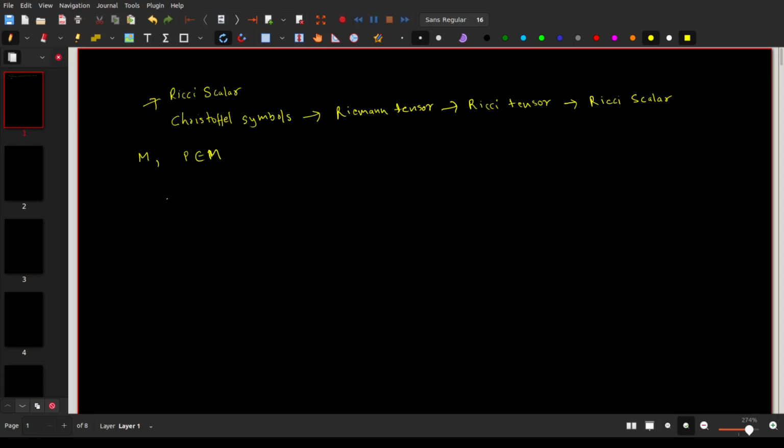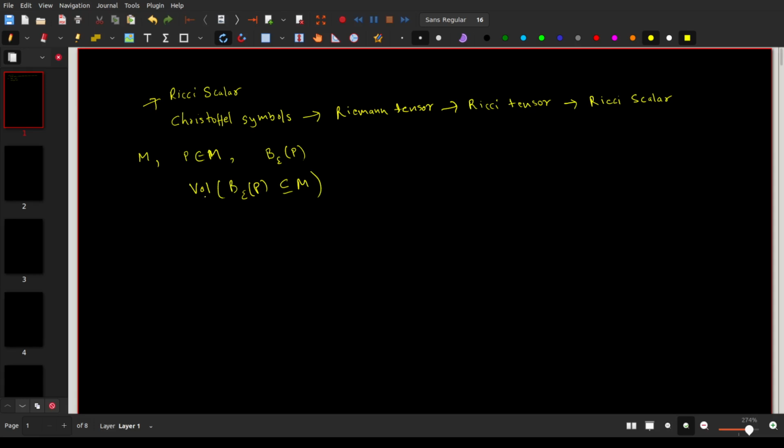We take a ball of radius epsilon at point P, where the distance is of course measured using the metric on M. So at point P we consider a ball of radius epsilon, and then we calculate its volume. So we take the volume of this ball of radius epsilon, which is contained in this manifold M,